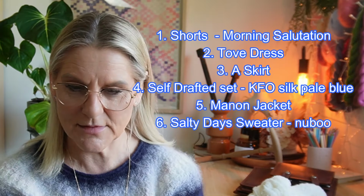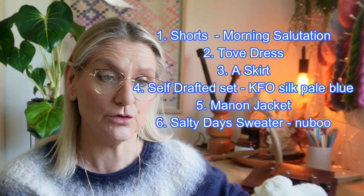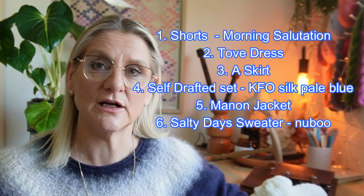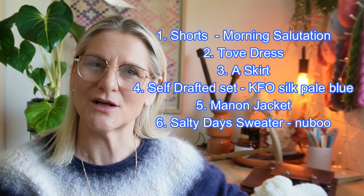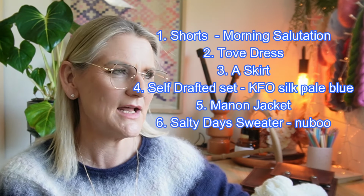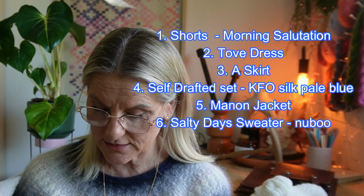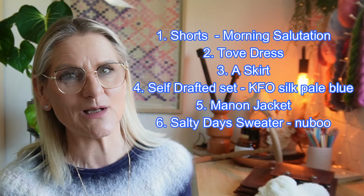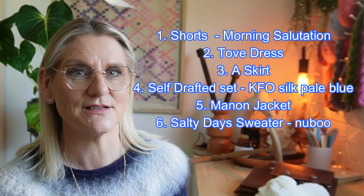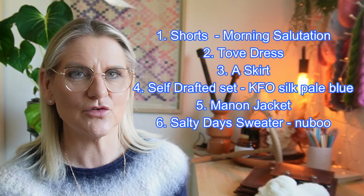I would also like to make a textured long sleeve cellulose fibre, either cotton or silk or perhaps a bamboo, loose flowy pullover for evenings when you're walking on the beach and it's a bit windy, or it goes into the night time and you just need something to take the chill out of there. I've got my eye on Kutta Vakika's Salty Days sweater. A lot of the Australian podcasters have made that this year, and I've learnt a lot about that pattern from their deep dive vlogs,